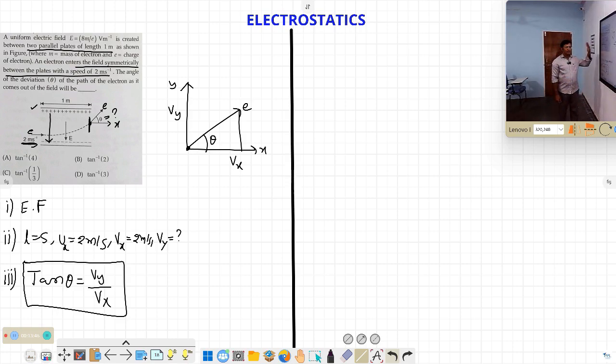First, due to the electric field, the path is parabolic. It is given in the question very clearly, and when it enters, it travels a distance equal to the length of the plate. Up to that point it experiences a force, and due to that the velocity changes, vertically, because the electric field is acting vertically, but the horizontal velocity remains the same. When it comes out, it makes an angle theta. Theta can be calculated using the concept of the velocities of that electron as it comes out, the vertical velocity